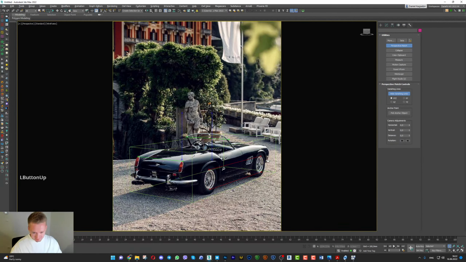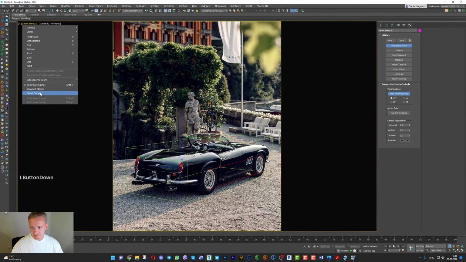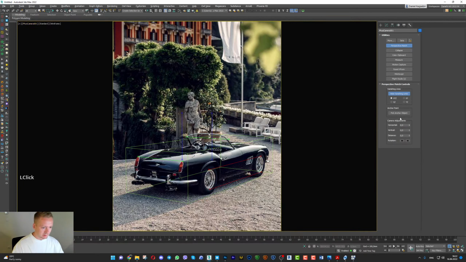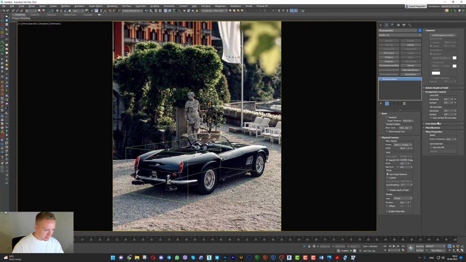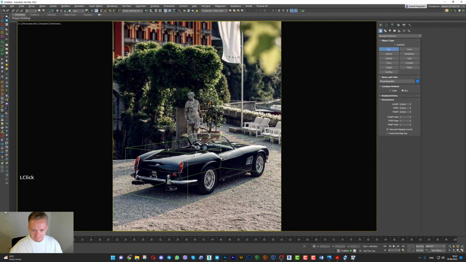I don't know why sometimes it works weird. Yeah, now it's better. Control C, I will add the camera. With the camera selected, I will go to modify and auto vertical tilt. Yeah, looks good. Next step, I will build the whole scene with huge boxes because I would like to do it as fast as I can. But one important thing,